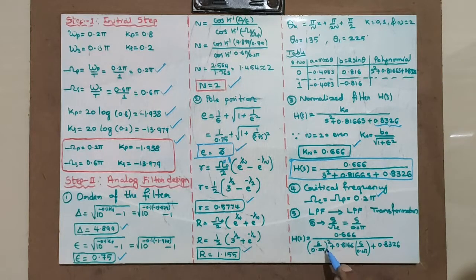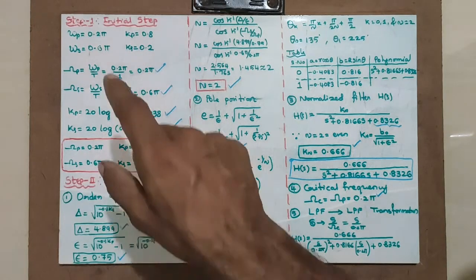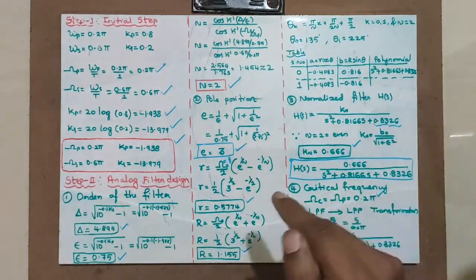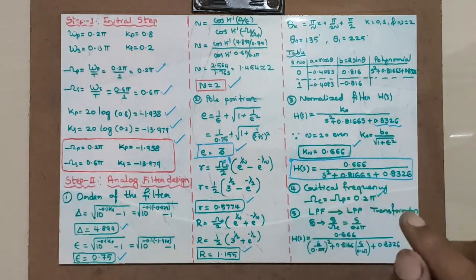I will be writing it in the next step and moving into step 3, which is very important. Step 3 is converting the analog filter into digital filter using impulse invariant transformation. Hence, I am more interested in elaborating step 3 because step 1, step 2, pole positions, elliptical shape, writing now S0 and S1, finding H of s, everything you have finished. Hence, I have not elaborated on this board because I want to save time and concentrate more on step 3, where we convert analog to digital using impulse invariant transformation. Let us move to step 3 now.